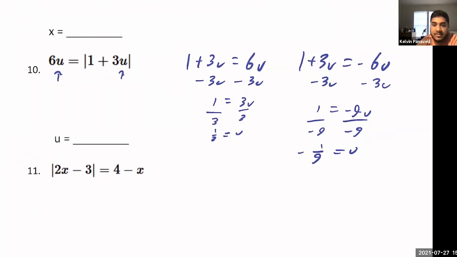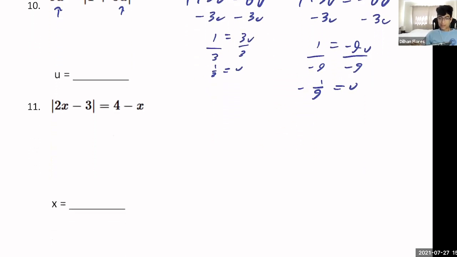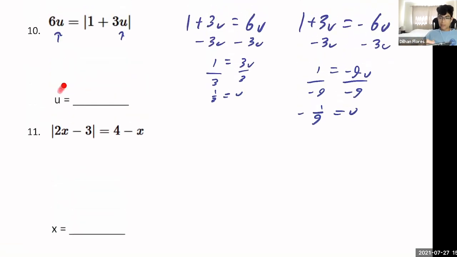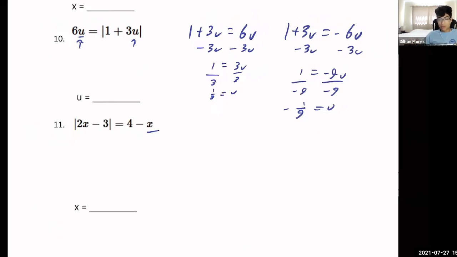Awesome. All right, the biggest thing about this is just make one positive, make one negative, and then it's just the algebra, just solve. All right, and you guys can do that part. All right, so let's keep it going. So this is the same deal. You set this either positive or negative, one positive, one negative, solve for x. Kind of the same deal that we had here. The only thing that's a little tricky is there's a variable on the outside. Nothing much changes. You're still solving for that variable.